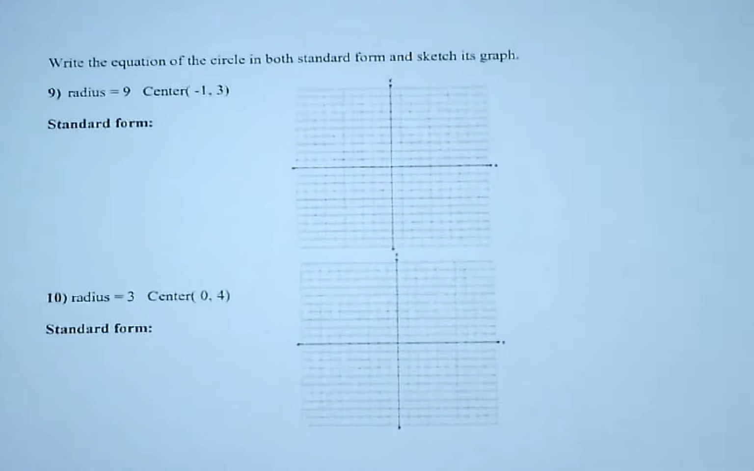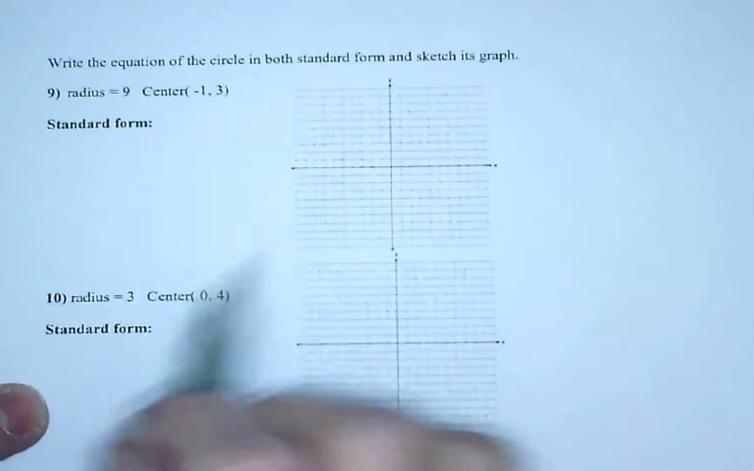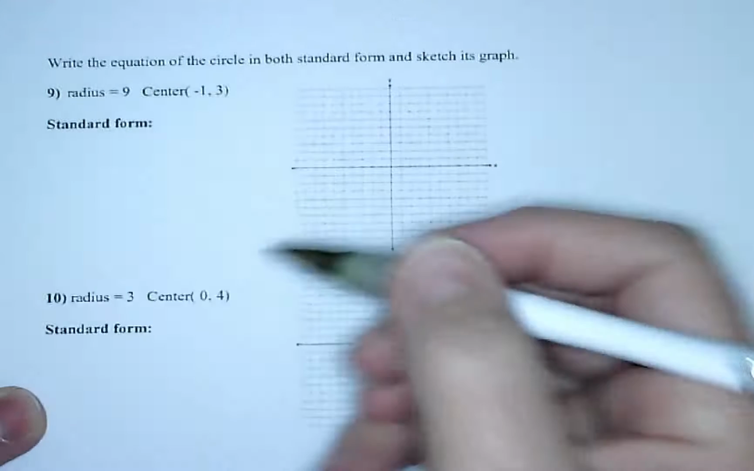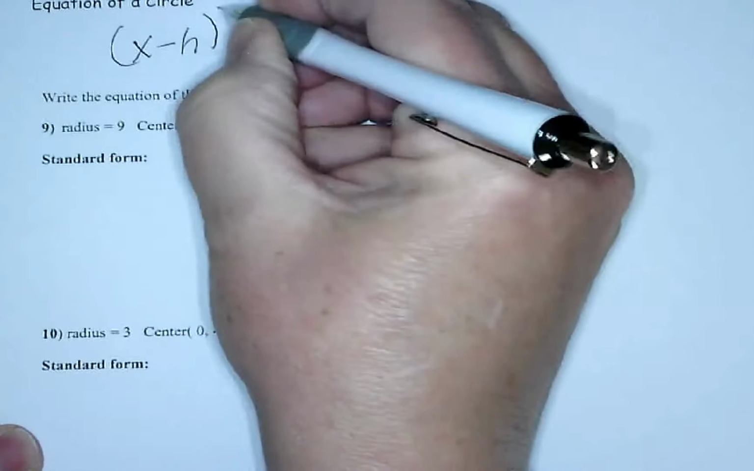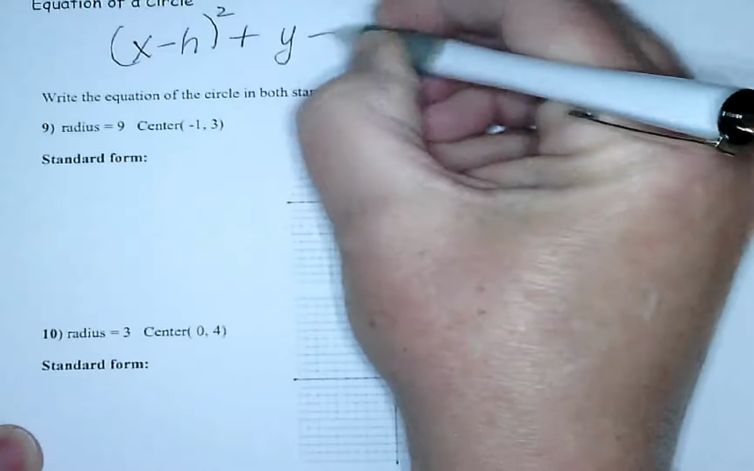Okay, we'll continue with part 2 of the equations of a circle. You can see here I've got the center and the radius already given to me, and they want me to write that in standard form, and then we're going to sketch it. Standard form, let's recall here at the top, is going to be (x minus h) squared plus (y